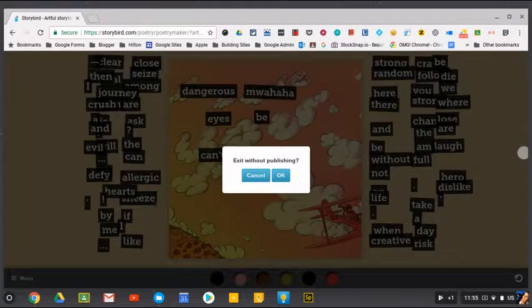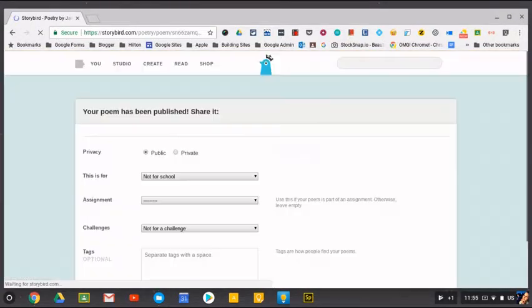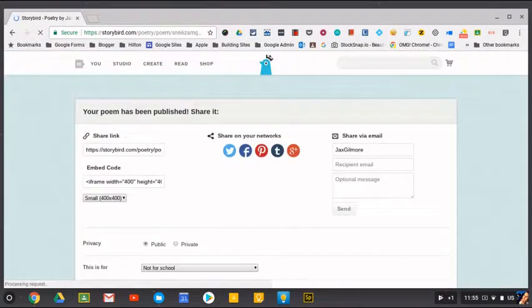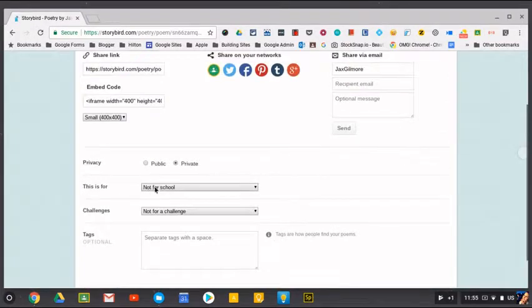And because it's poetry, it wants you to publish your poem. So you're going to say publish when you're done. So I'm going to keep mine private because it's terrible. And then you would get this. This is for school, and you would have options. If you were assigning it to a challenge, you could do it for a challenge, but